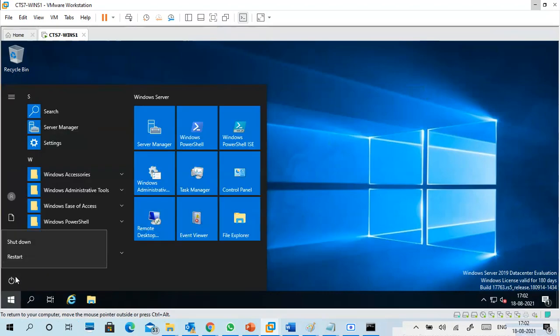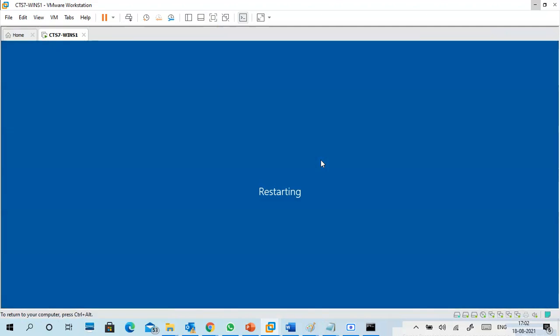I will restart and I will change the setting. It got freezed earlier, you see. This is what I installed, but it will take time to restart Windows Server now.